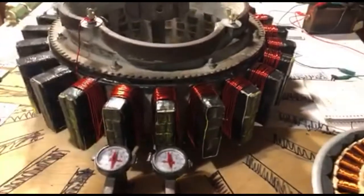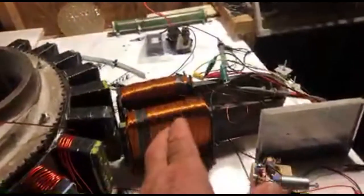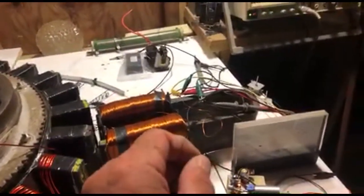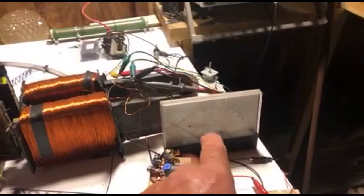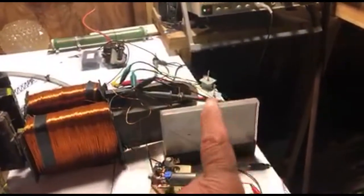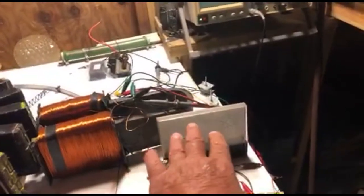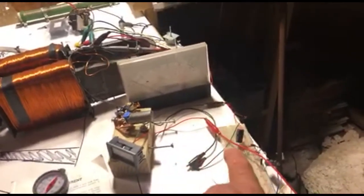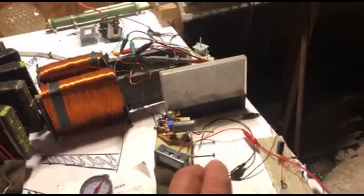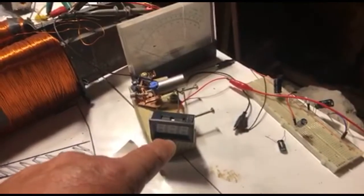This experiment is going to lead into the next experiment, because we have the PMH here with copper on it. We're coming out of the PMH into an analog meter, which will move to the positive and negative. We also have an oscilloscope hooked up here, and we're coming out of the PMH into a voltage multiplier. I'm only multiplying it one time, to step the voltage up. We're coming out of the voltage multiplier into this